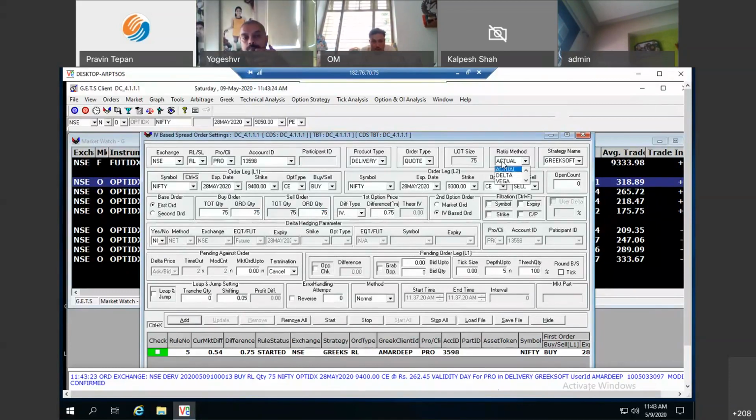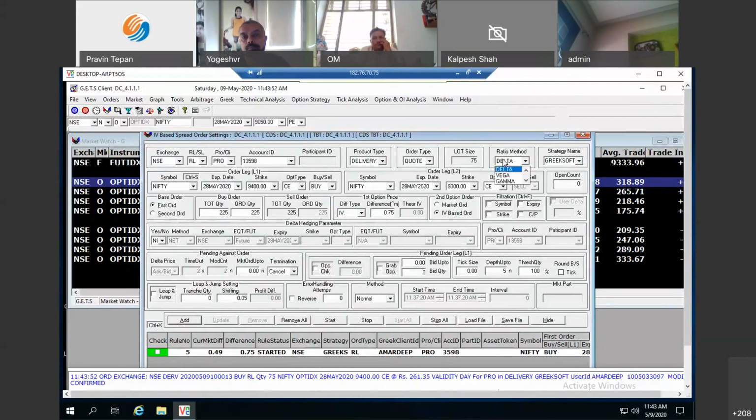I tell the system, adjust the delta accordingly. So here, all I have to do is put the quantity for the first leg. For the second leg, the quantity will get auto adjusted. So you see, I am not able to insert the quantity for the second leg because the quantity for the second leg will get auto adjusted and my delta will get neutralized automatically.